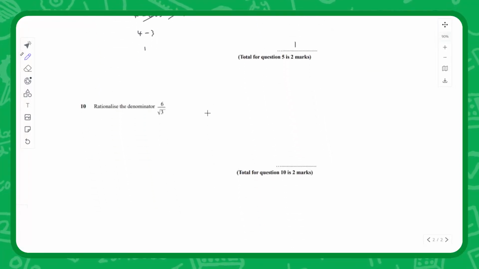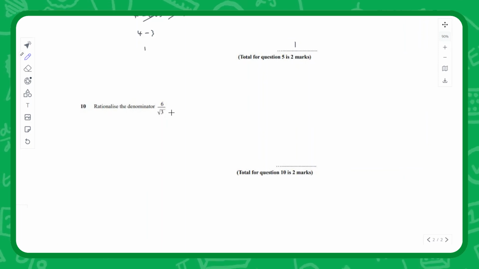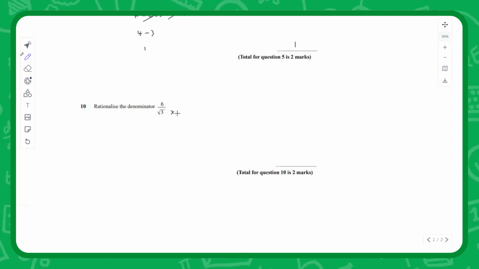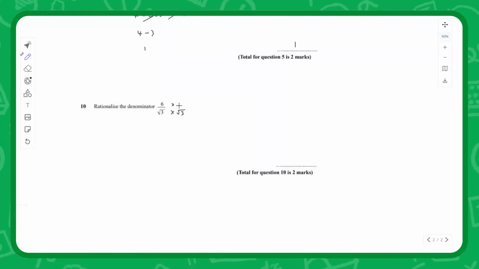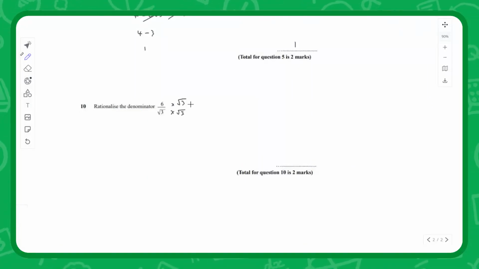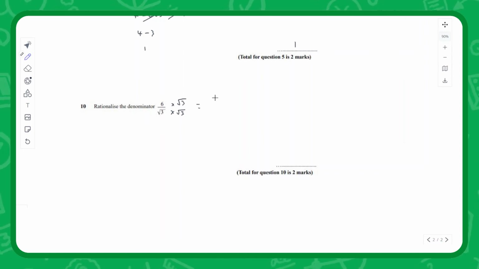Rationalize the denominator. This is very similar to what we just did on the previous page. So we're going to use this trick again, that the square root of 3 times the square root of 3 is going to cause the square root to vanish, right? We do the same thing to the top because we have to do the same thing to both the top and the bottom always. This then becomes 6 root 3 on the top,